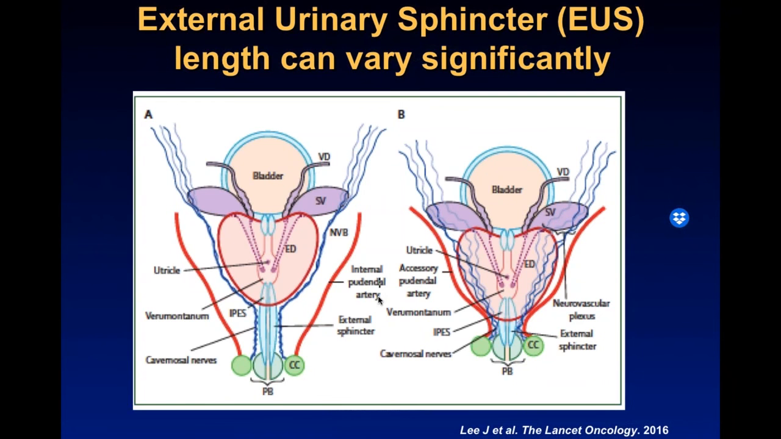And I think one of the key things here is if you look at the external urinary sphincter, that is in light blue. Patient to patient, this can be very different. And the surgical data has already become aware of this, and they identify that patients that have longer external urinary sphincters have a better rate of continence than those that have a very short one. You can also see the internal pudendal arteries, as well as the accessory with the neurovascular plexus to help potentially avoid sexual